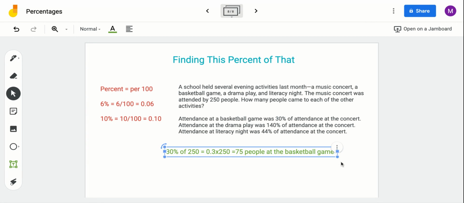So the next part says attendance at the drama play is 140% of the attendance at the concert. So 140% of 250 equals 1.4 times 250. So 1 times 250 is 250. 4 times 25, that would be 100, so that's 100. Let's see. Let me get my calculator just to make sure. 1.4 times 250 should be 350. 350 people